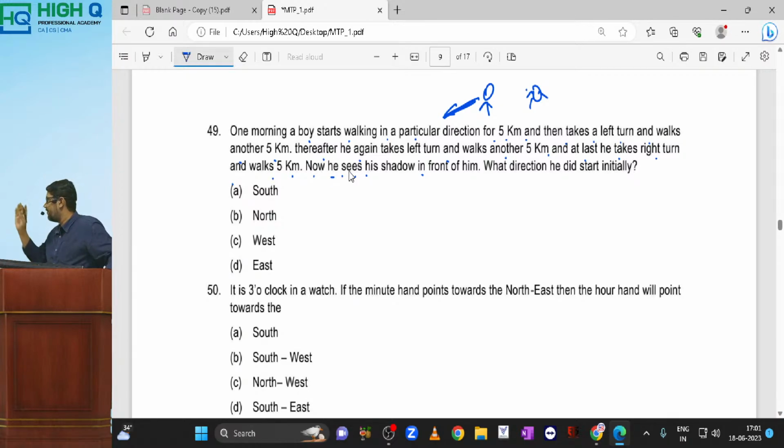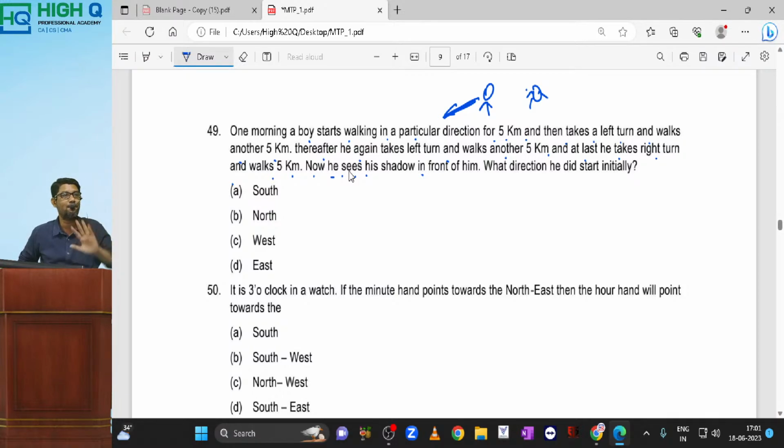See, if I am facing this direction, I won't be able to see my own shadow if the sun rises from this side. So if I face this side, the sun is at my back. I'm facing west. Finally I am facing west direction, then only I can see my own shadow. Do you all agree, my dear? So final is west direction I am facing, but